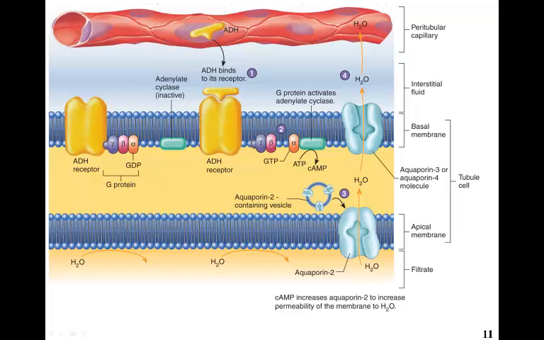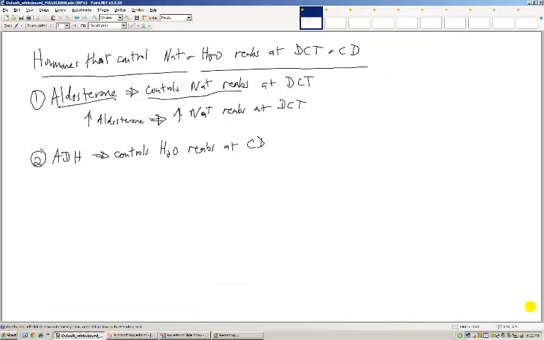More aquaporins mean more water goes from the filtrate through the cell into the interstitial fluid and into the blood. So more ADH leads to more aquaporins,